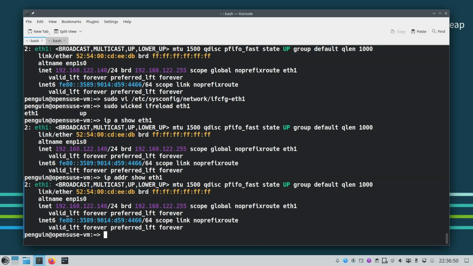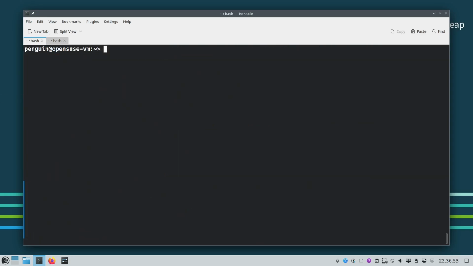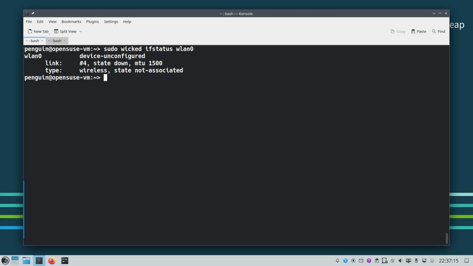Okay, so let's now talk about the Wi-Fi using Wicked. So let's check the status of our Wi-Fi. You use sudo wicked ifstatus and the name of your wireless, and you can see that the device is unconfigured. Okay, so the same, if you want to make the configuration permanent, you should open and write the same file and name it with the name of the card, like that. So for Wi-Fi, like that,